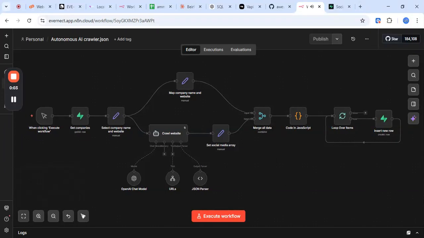Hello everyone. Today we are building an AI autonomous crawler agent that scrapes all the social media link URLs from a company. So basically, let's say we have a company called Vice Living Group, and it uses this company website, crawls all the pages, extracts the social media links, and then saves them